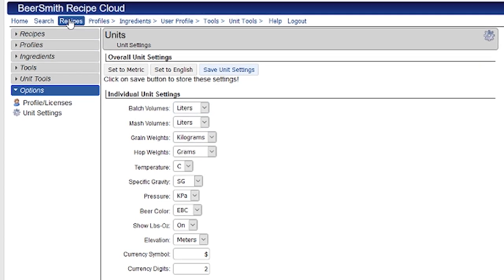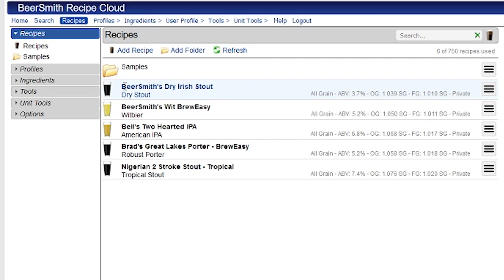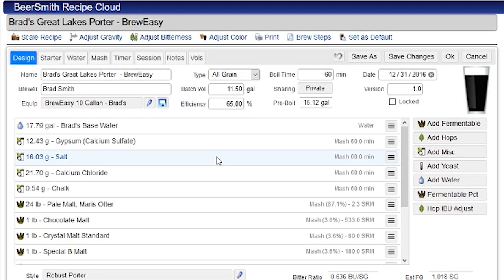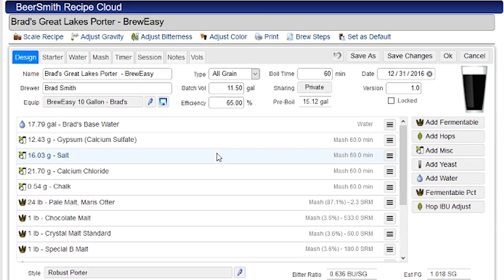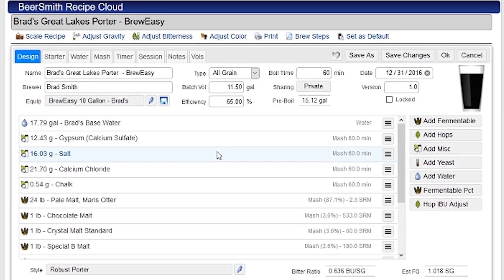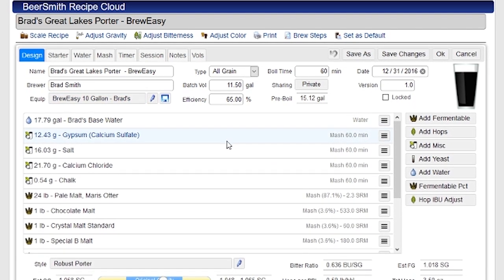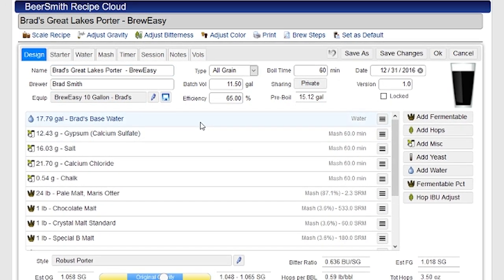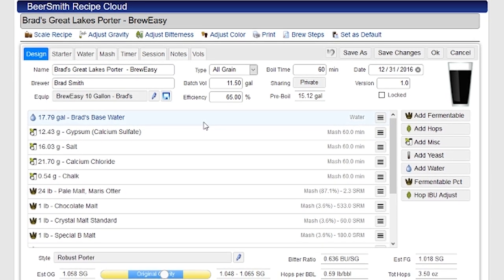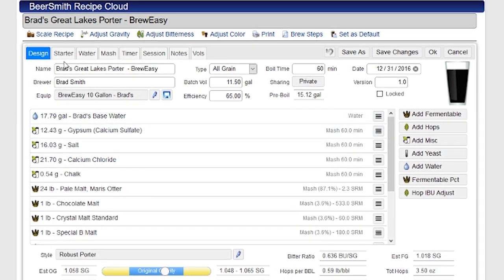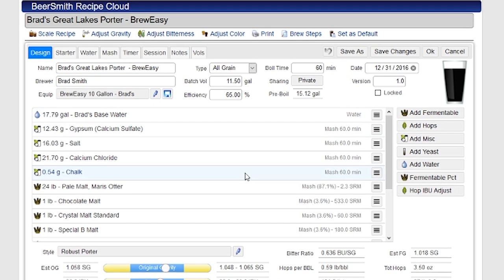Okay, now we're going to go back to the recipe editor. So let's go to recipes, and I'm going to open up this Great Lakes Porter that I have just as an example. And so here's the recipe editor. You do most of your work right here from the design tab, and I will mention I have a video on each of these tabs available, so you can access the tutorial videos very easily. But we generally work from the design tab, and